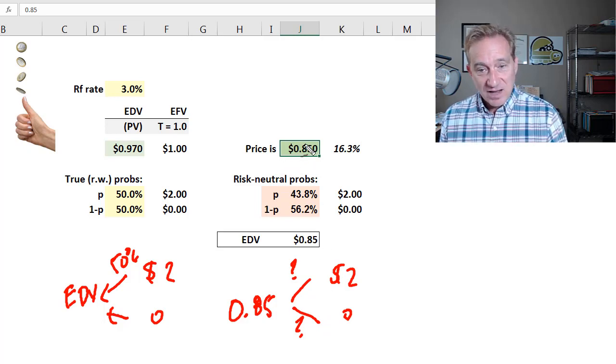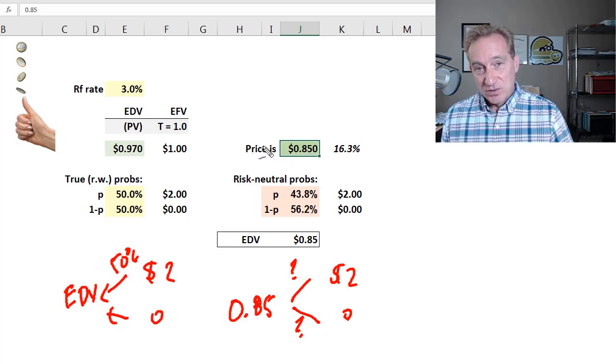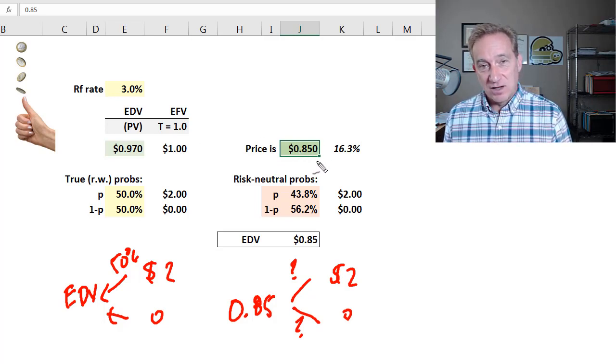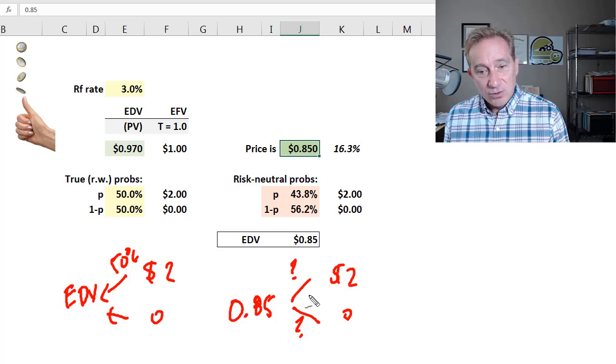Although I did make a step here, I generalized from you as the individual. I asked you what you would pay, and now I'm assuming that this is a market price, or what I call an observed market price. So it reflects a sort of consensus view around the value of this option. So this will fluctuate, combination of market and technical factors, but if it's 85 cents, the risk-neutral probabilities are the probabilities that we would solve for here, that if we used them, the expected discounted value would equal the observed